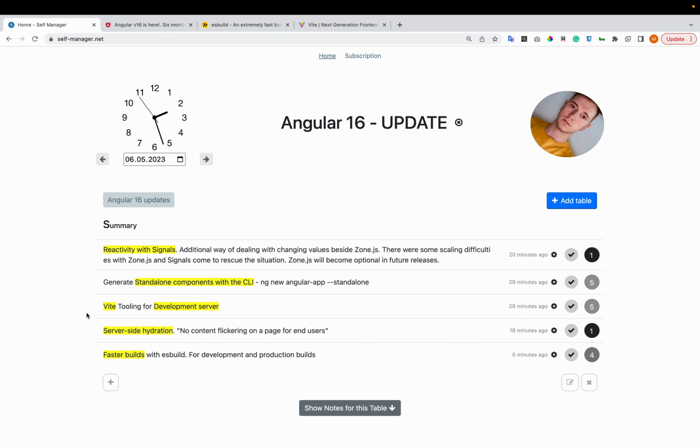So the 5 main things that I took notes on are reactivity with signals. This is an additional way of dealing with changing values besides Zone.js. There were some scaling difficulties with Zone.js, and Signals come to rescue the situation. Zone.js will become optional in future releases. I'll talk at the end of the video about why I ran into some issues with Zone.js, not in terms of performance, but the way they